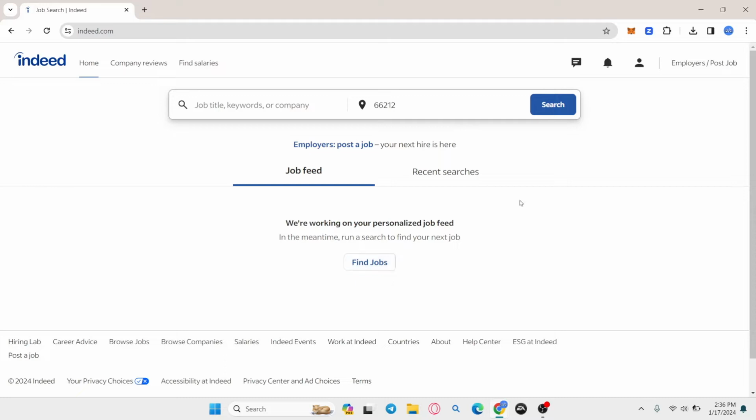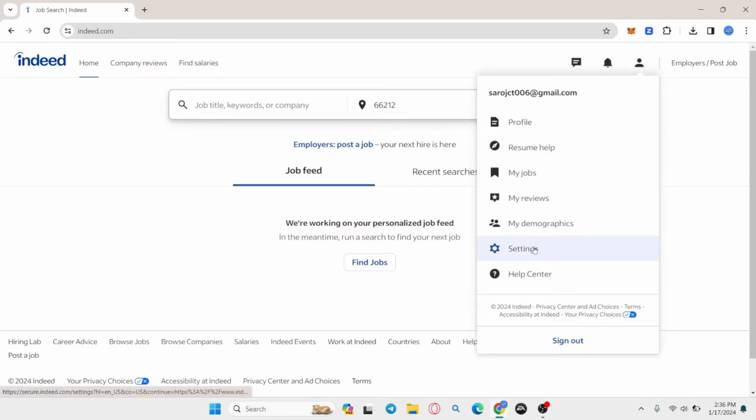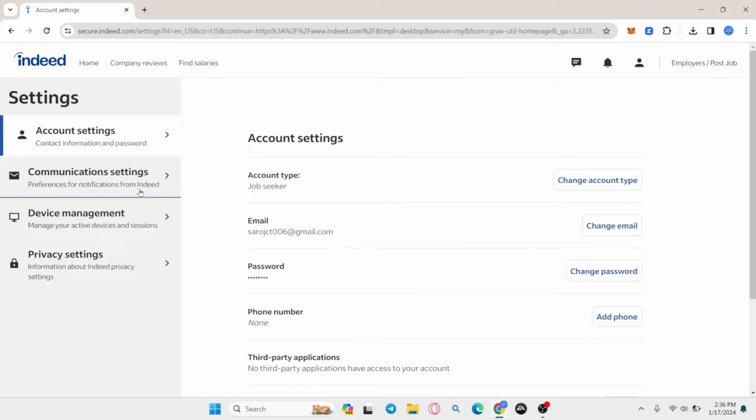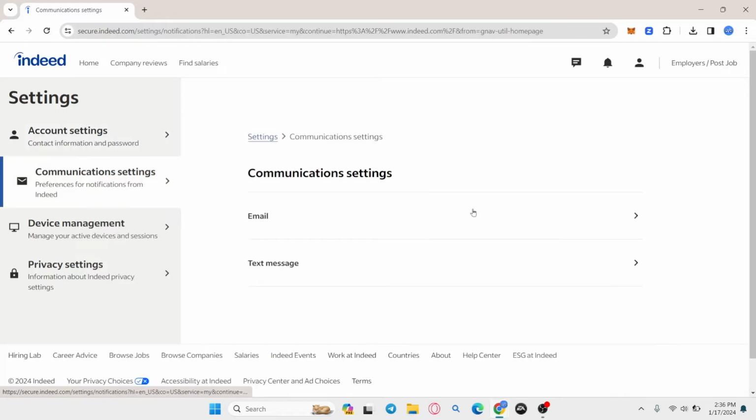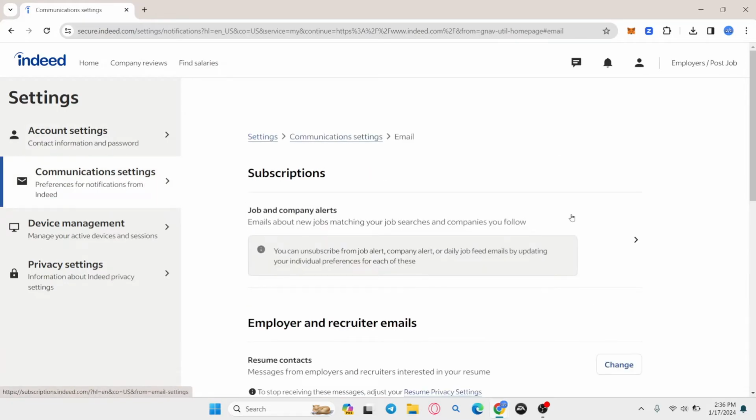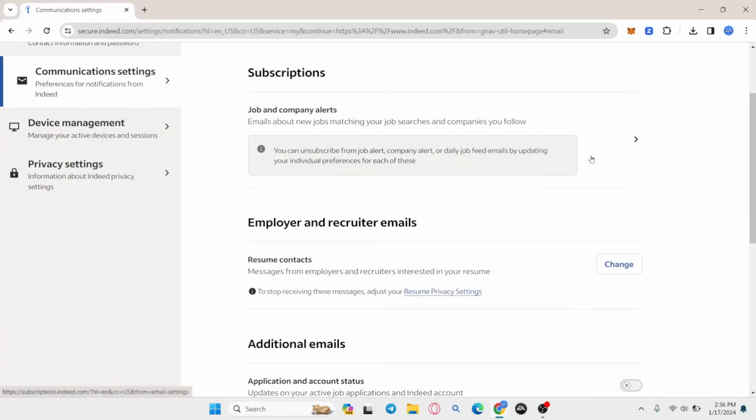From this page, in order to stop receiving emails from Indeed, click on your account icon at the top right corner once again and then click on Settings. From the Settings menu, click on Communication Settings and now click on Email. Within the email section, you will be able to choose what kind of email or subscription alerts that you want